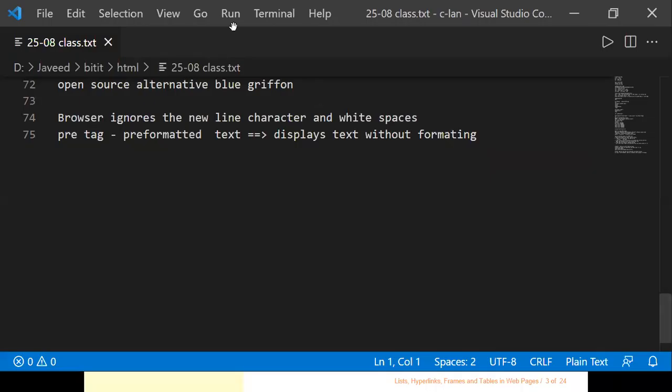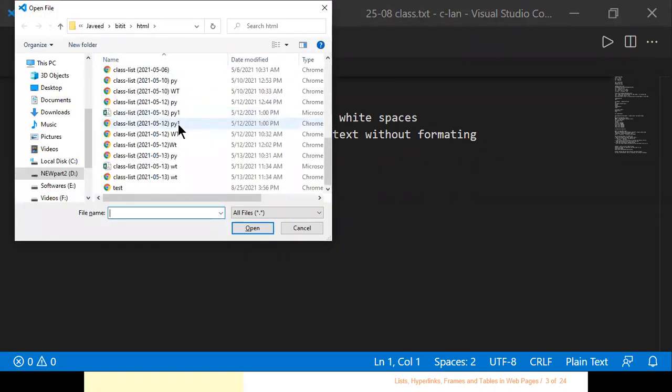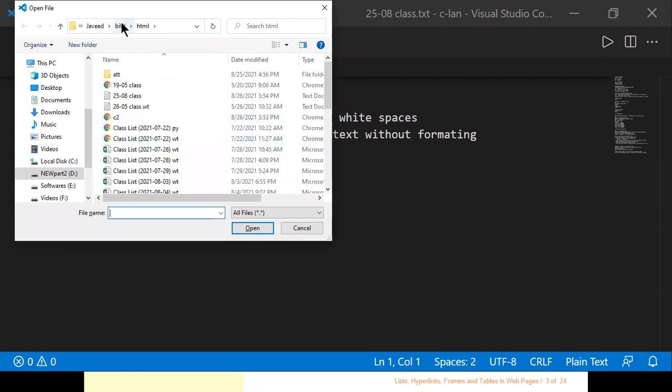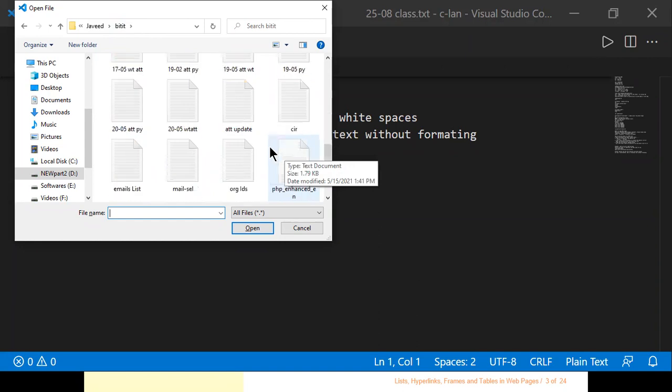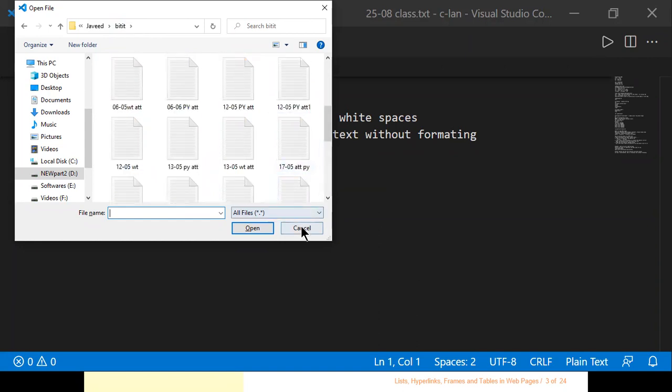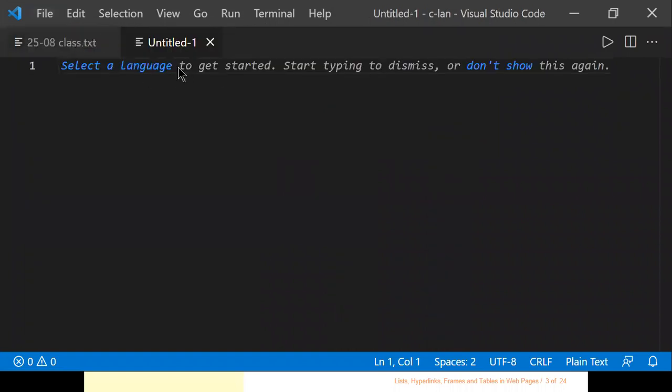So what I'm using is Visual Studio Code. To install Visual Studio Code, you can search for Visual Studio Code in Google, and then you can download it. If you have any difficulty in that, I'll let you know.